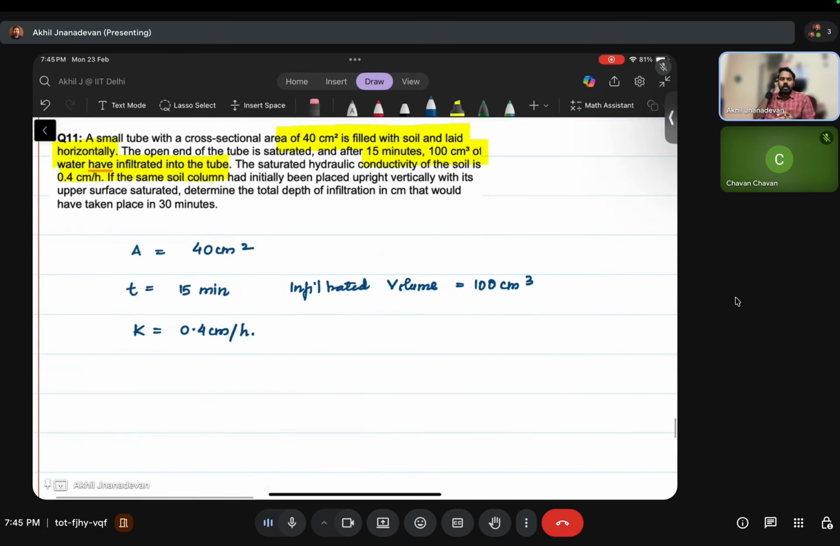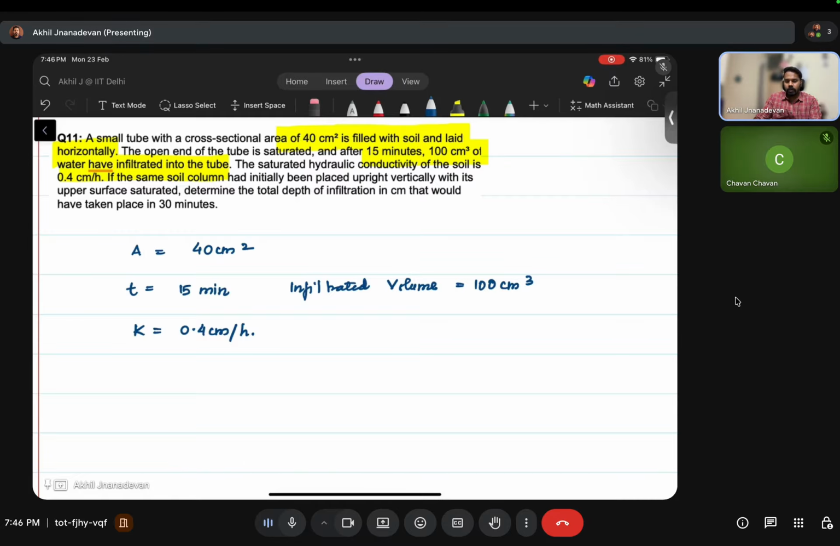So initially, the column was kept horizontal, and the experiment was conducted, and we have found all this. We know the area, and that after 15 minutes, 100 centimeter cube of water has been infiltrated. If we divide that 100 centimeter cube by the area, we'll get the infiltration depth, right? And the conductivity of the soil is also given. Now the same column we are keeping upright in the vertical direction, and we are performing the same experiment, and they are asking how much cumulative infiltration depth happens